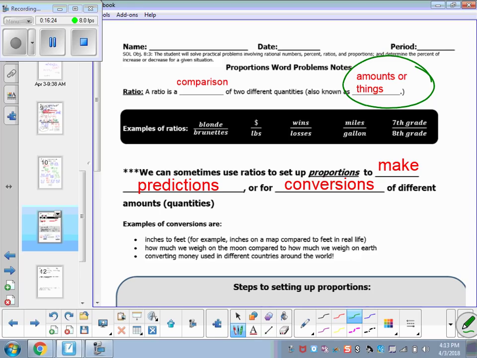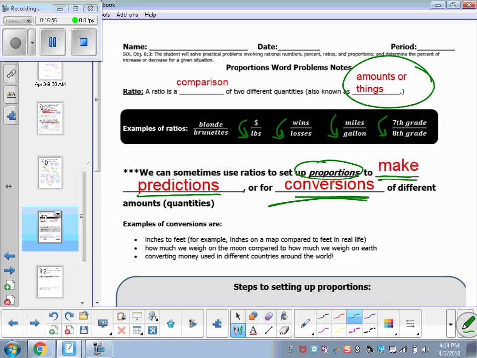So here we've got some examples of some ratios. We've got blondes to brunettes. You can compare how much something is going to cost per pound. You can compare the number of wins to losses for a team. You can compare how many miles per gallon your car gets. In our school, we do a lot of things where we compare the number of 7th graders to the number of 8th graders. So what we're doing with these ratios is we're setting up proportions to either make a prediction